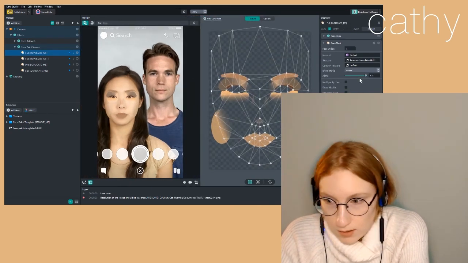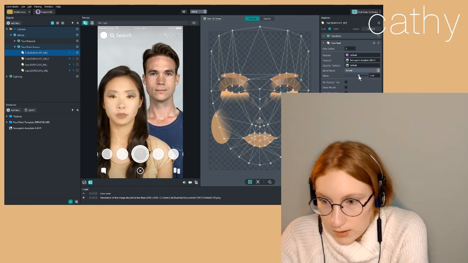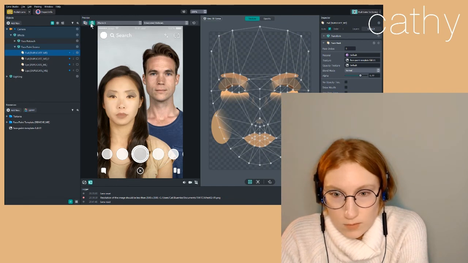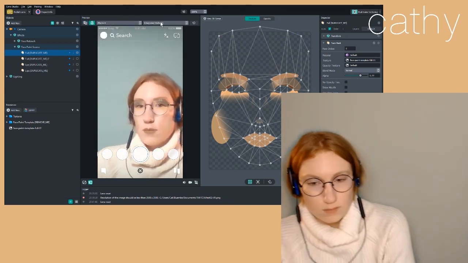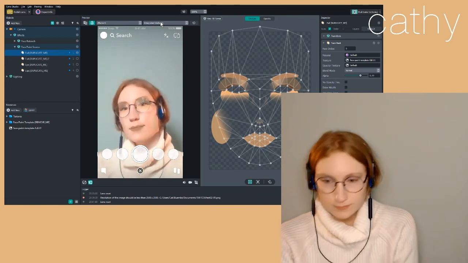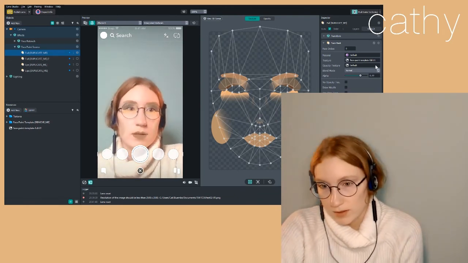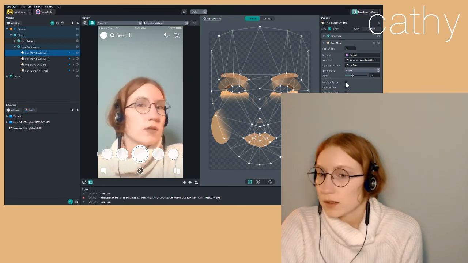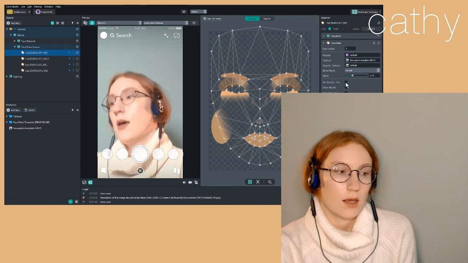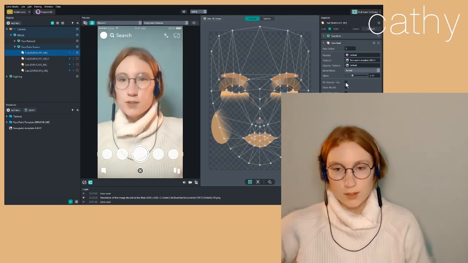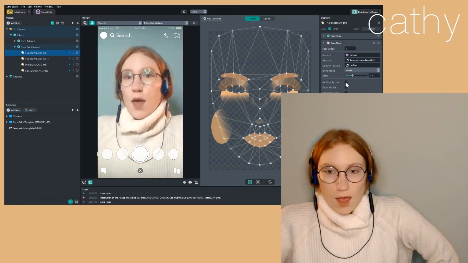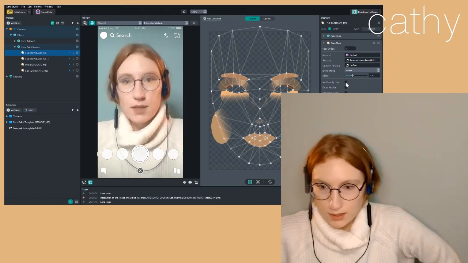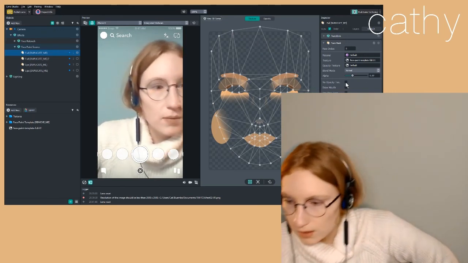So I can also take the intensity down a little by taking the alpha down, and I can also switch it to webcam mode. So here, this is a much better job than I do normally, but I'm just going to take the alpha down a little so that it's just a bit more subtle. And you have it here, so the contouring is actually not too bad. I guess I should have gone a bit darker, but